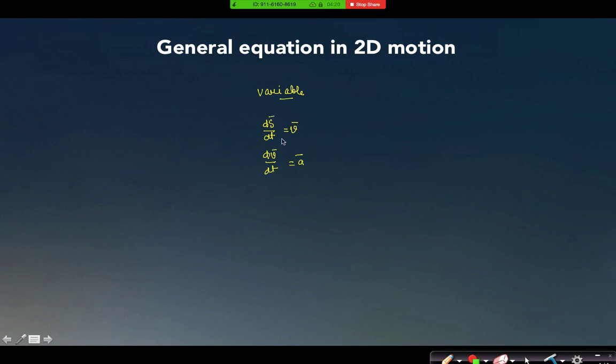Yes, you can always put a vector sign over that. And if I integrate this, then we will find the displacement and velocity, right? ds equal to v dt. If you integrate this, then you will get the displacement, and if you integrate dv equal to a dt, then we can find the velocity, right? Also we can write acceleration is equal to v into dv by ds. These equations are very important to remember, so you cannot afford to forget them. Always remember: ds by dt equal to v, dv by dt equal to a, and acceleration can also be written as v into dv by ds, right?